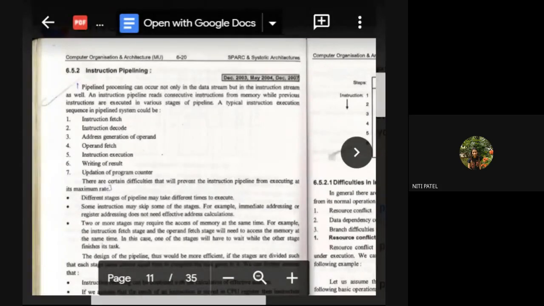So in the first step, the instruction is fetched. In the second step, it is decoding. What is the decoding doing? It is separating what is the operand and what is the opcode. After that, it is taking the address of the operand. Address of the operand means: what is the value of A and where is that value A located? What is the value of B and where is the value of B located? So it is taking the address. After that, once the address has been found, it will go and fetch that operand.